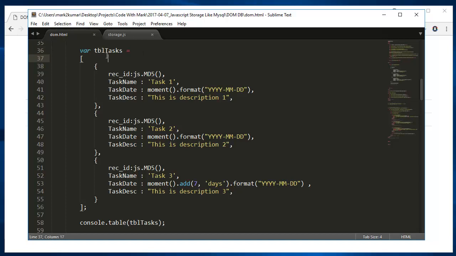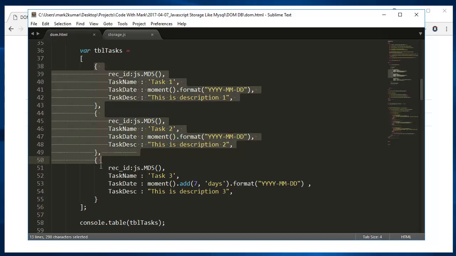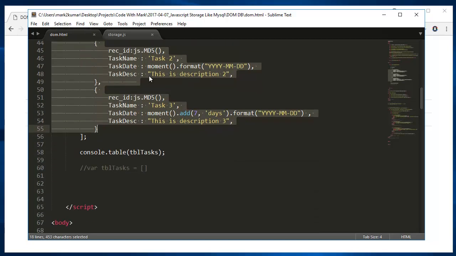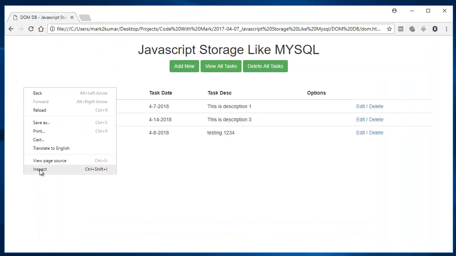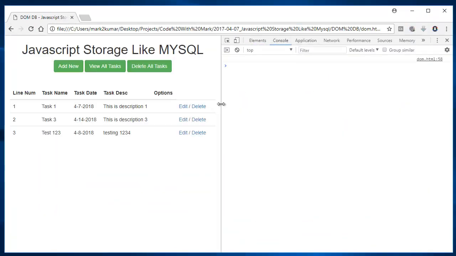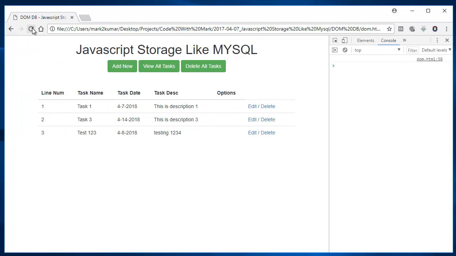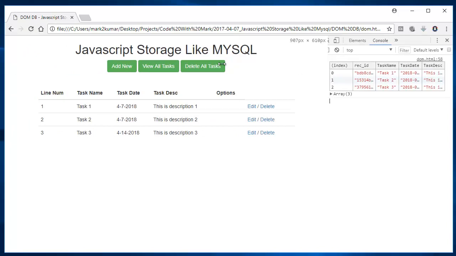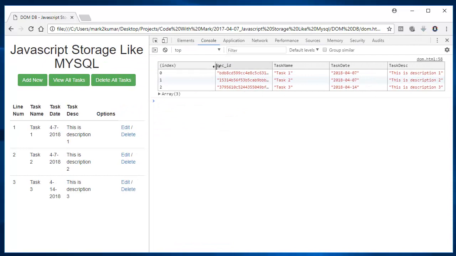But in any case, I'm just creating some fake data here. There are 3 rows. So we have row number 1, and in this particular row we have record ID, task name, date, task description. And I'm just saying, hey, give me 3 rows. So 1, 2, 3, and then when the page loads, display these 3 rows. And just to show you what happens, I'll go here and refresh the page, and then these are the 3 rows that